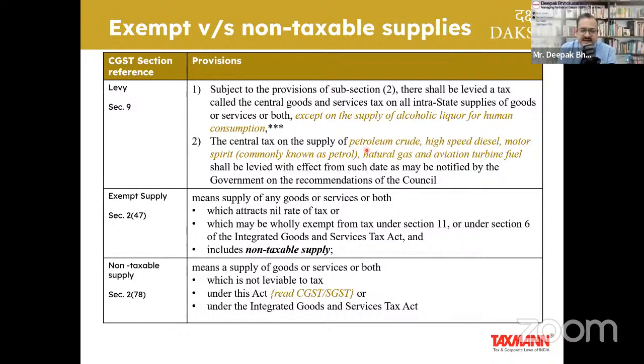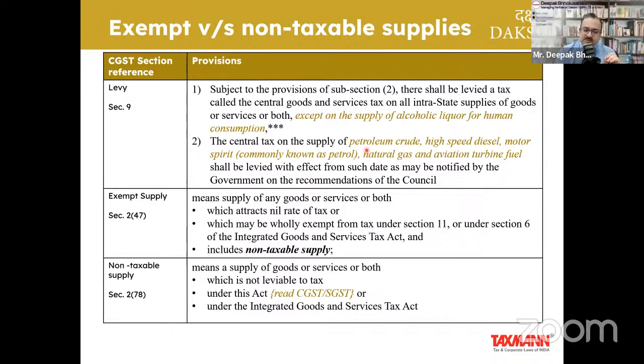But my dear friend, there is a marked difference between exempt supply and no supply. We have already seen that no GST supplies, or no supply as I will call it, rather than calling it a non-GST supply, that is, no supply under Schedule 3, needs to be excluded. But it may not be the case with non-taxable supply. So within non-GST, there may be non-taxable supply also, and it may also include no supply. But only no supply needs to be excluded. As far as non-taxable supply is concerned, it needs to be included and reported in clause 44 also.